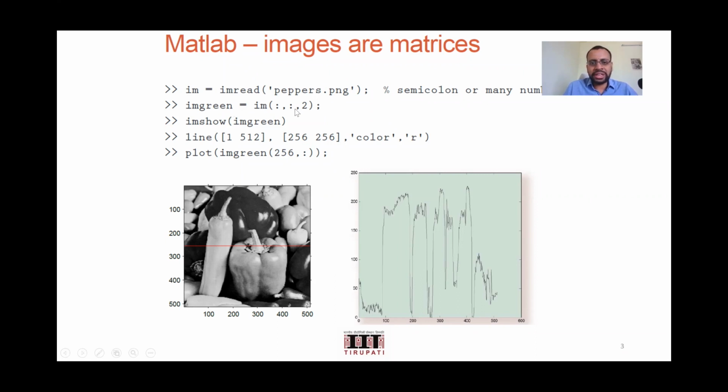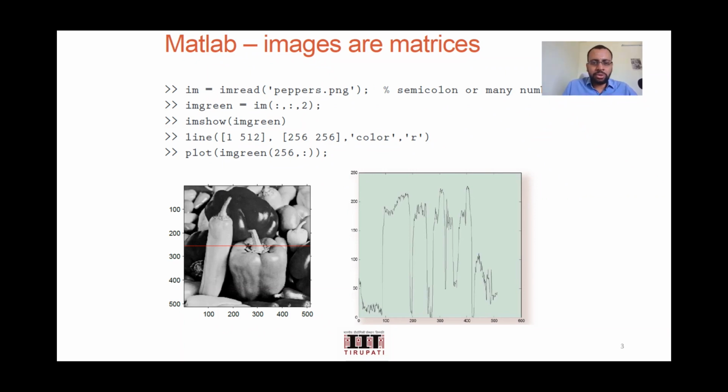Here you are just taking the green channel, because it would be RGB, so 1, 2, 3. The colon would take you all rows and all columns, and then the second of the three channels is what you are taking, and that would give you this image. I have stored it as the green channel. And by the way, when you are showing grayscale images, don't use color anymore. Of course, you could display them using color also, which means it is in fact doing some other transformation.